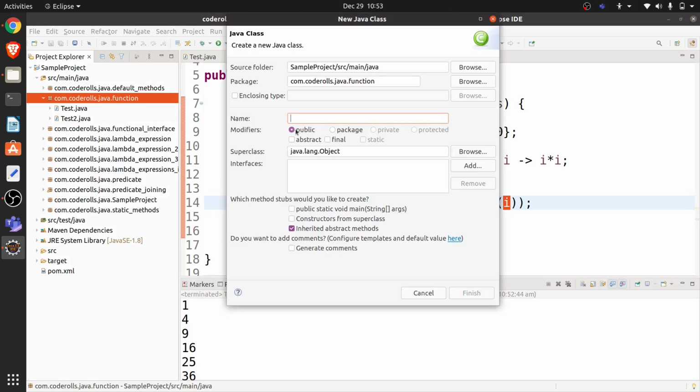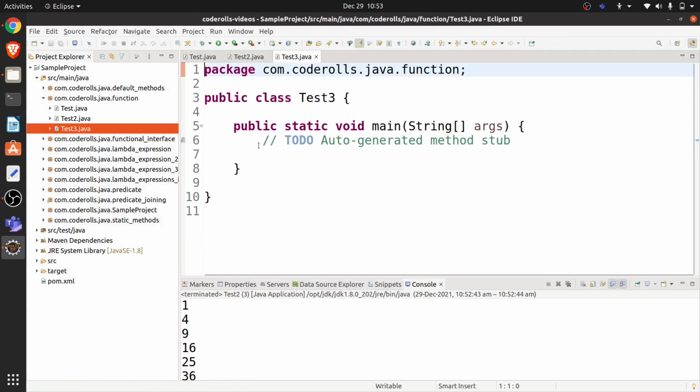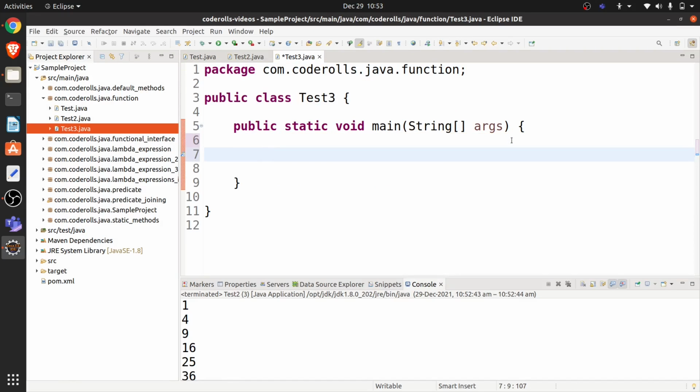Let's give it the name Test3, add the main method. Okay, and here we will be writing a function which will accept a string and remove all the spaces from that particular string.